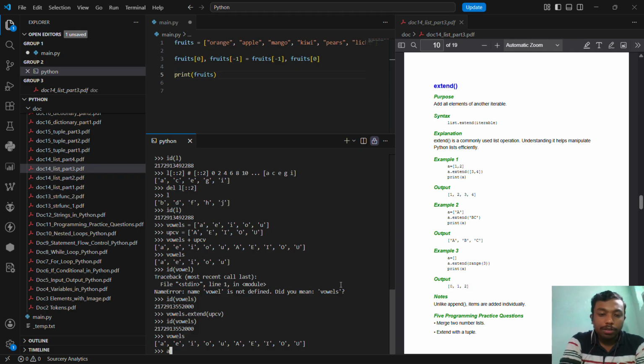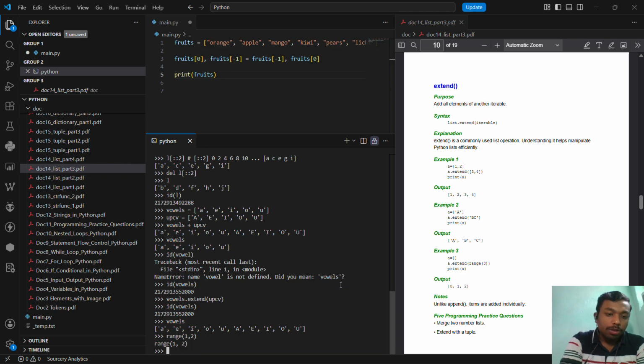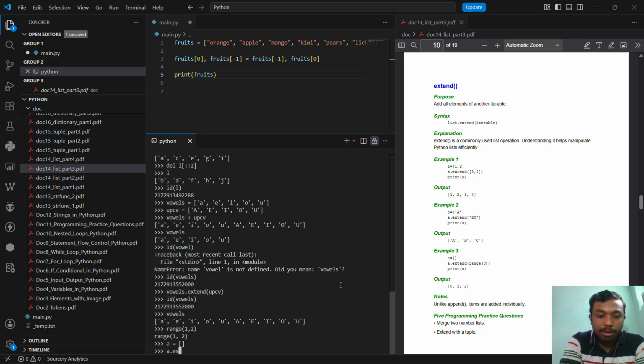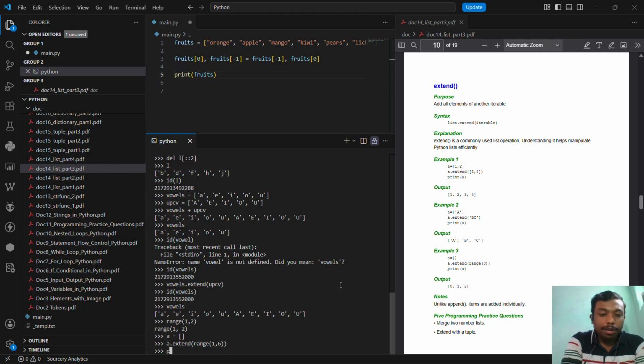We can also use this. For example, let's try the output of range. You have a list A equals an empty list and A dot extend. If you want the numbers from, let's say, 1 to 5, instead of writing 1, 2, 3, 4, 5 in a list one by one, we can do it like this. We go one extra, as range will leave out the upper limit. So if you execute this and print A,